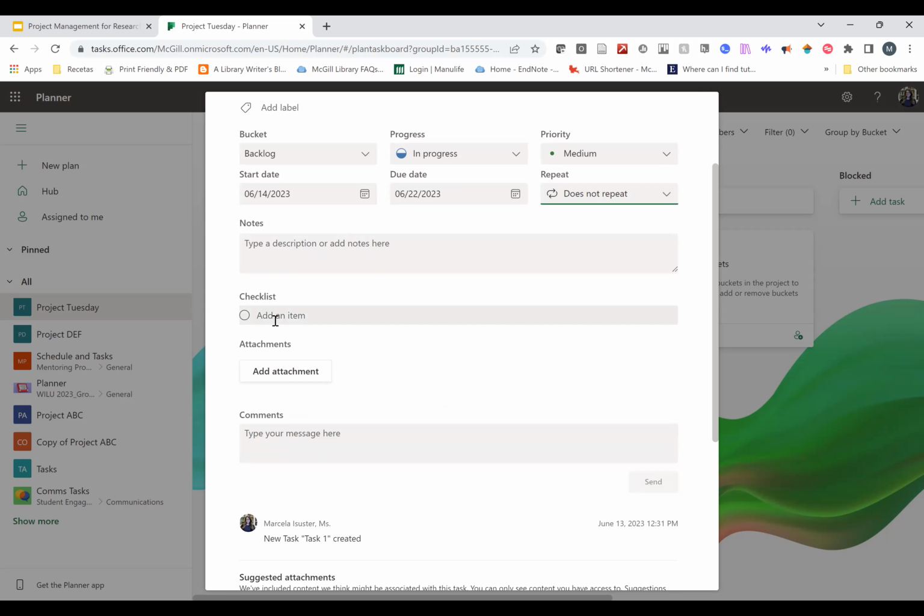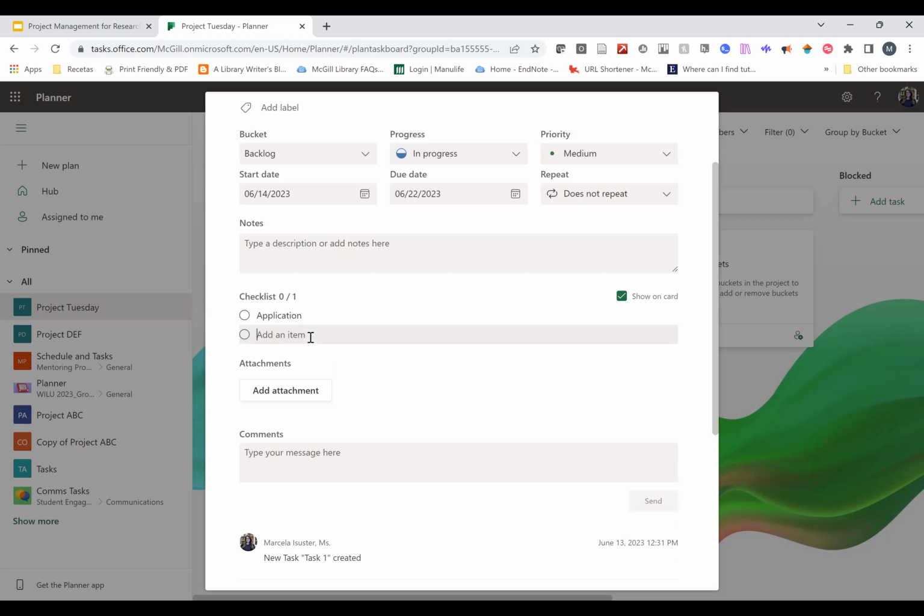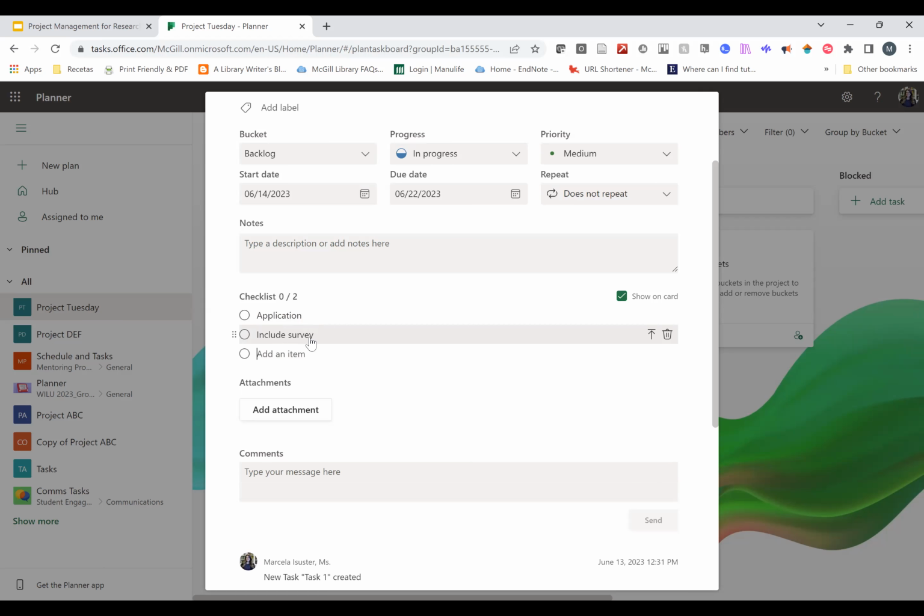Maybe your first item would be application. And then I'm going to add another one, I just hit enter. It's going to be include survey, because I want to make sure that I include the survey that I'm using. Maybe I'll include check research data management strategy.